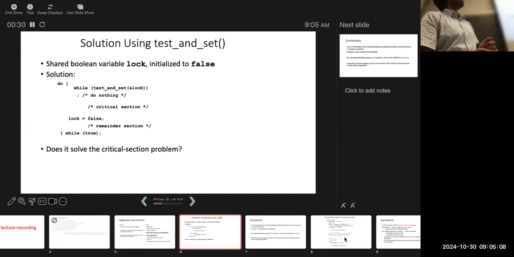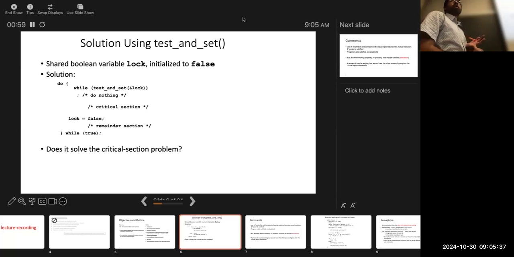So let's revisit it. Remember what we were talking about. First we talked about CPU scheduling. Then we said, okay, if we can schedule multiple processes, then maybe they need the same critical section, and we don't want them to enter the same critical section at the same time. So for that, we need synchronization. And for that, we talked first about the Peterson algorithm. Then we saw what is the problem with the Peterson algorithm. Then we talked about